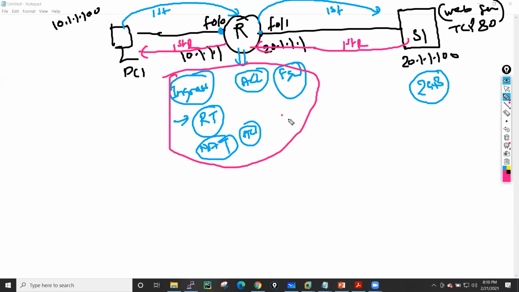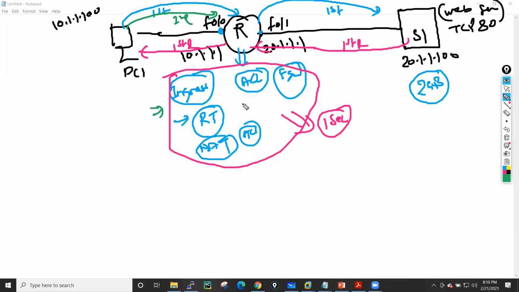Let's suppose the router takes around 1 second to process this packet. I'm just taking one example, right? So it needs to perform all these checks every time. This is the first packet. Now, this PC is downloading a 2 GB file, so they will exchange multiple packets. This is your second packet. Again, the router sends all these packets through all these checks.